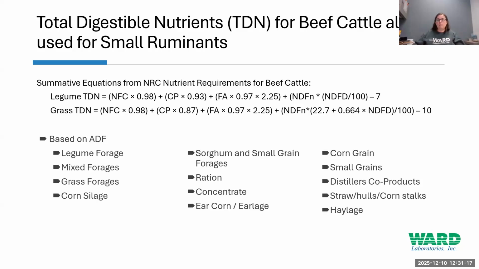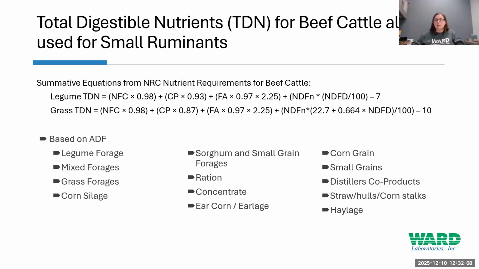For sheep and small ruminants, we use the same TDN value equations as for beef cattle. For our lab, legume hay, grass hay, and corn silage, which is not up here, we can use these summative equations, which take into account all different aspects of the forage, from the protein to the neutral detergent fiber digestibility that we talked about being really important. So I think it's a better representation of the potential energy value of that forage. Whereas some producers and some labs, if we don't have the ability to run NIR, we can run protein and we can run ADF, and then ADF is the only value used to determine